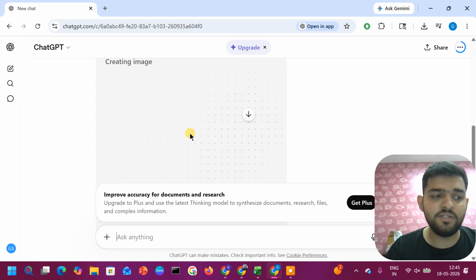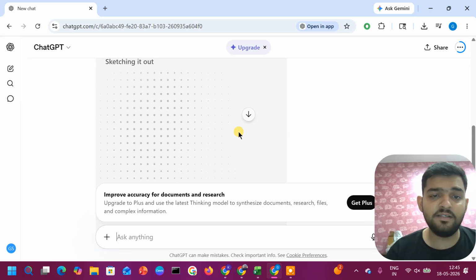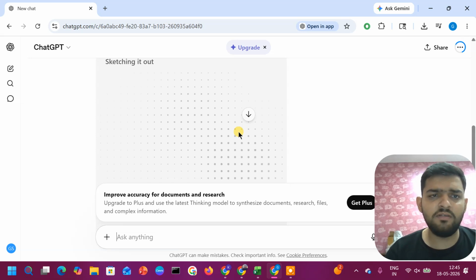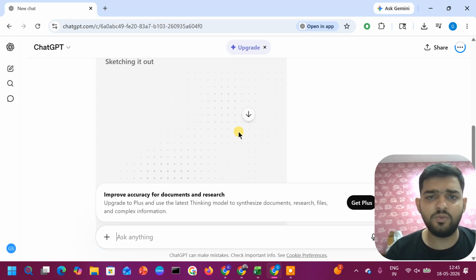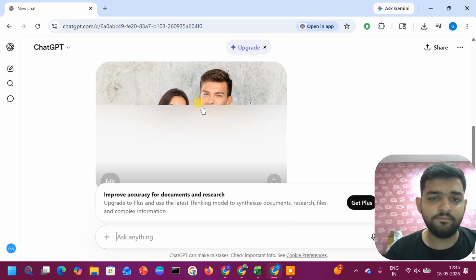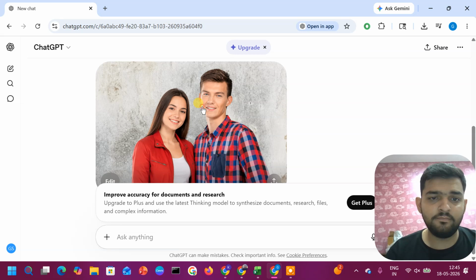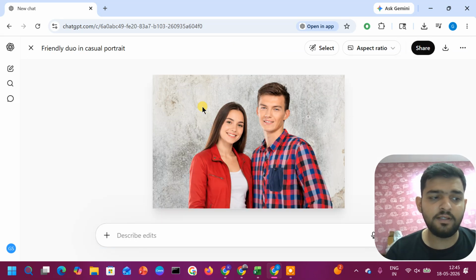It will be creating the image for you. ChatGPT edits the image and generates a new version with the added person. It will take only 3 to 5 seconds to download this image. You will see here like this. Once the image is ready, you can download it